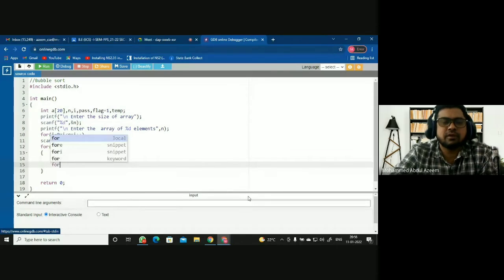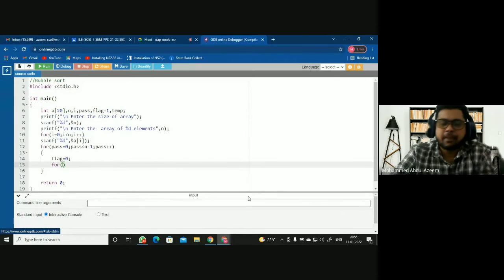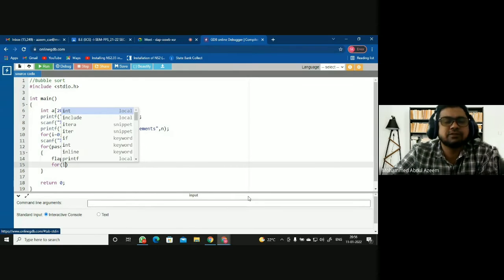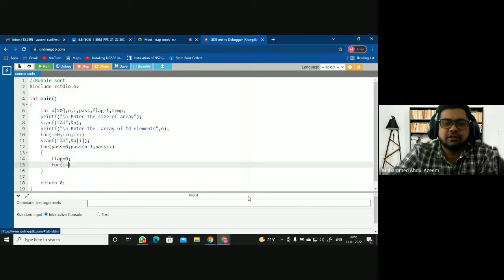Then you will be now comparing the adjacent elements in the pass. Now you are starting the pass here. So in each pass, what will you do? You will be comparing the previous element with the next element, right? So if you find the previous element is greater than the next, you have to make an exchange. So if I have to go for the last two elements, how long will I go?